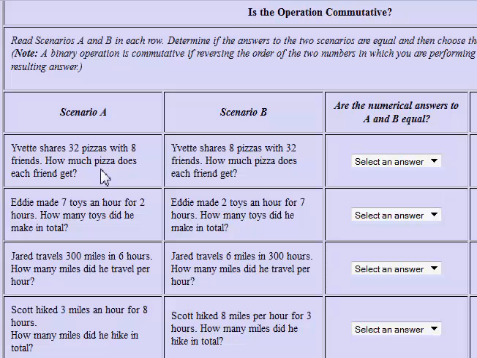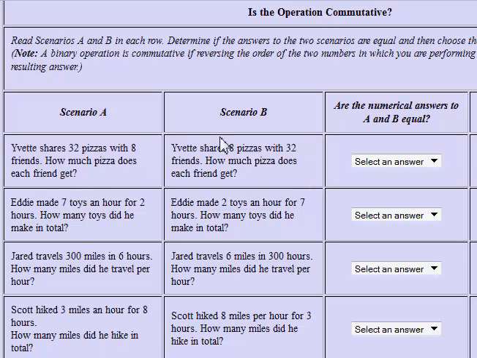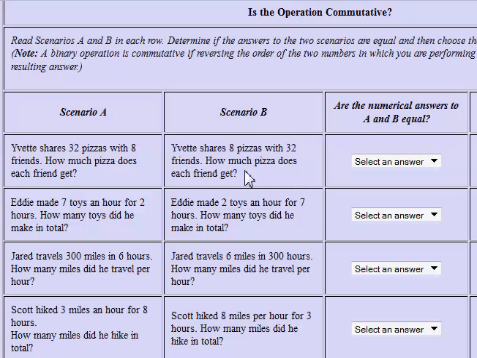In this problem, we are to read in each row the question posed in scenario A and answer that question. You'll get some number. Then we are to read and answer the question posed in scenario B. You'll get some number. Then you are to determine whether the numerical answers to scenario A and scenario B are